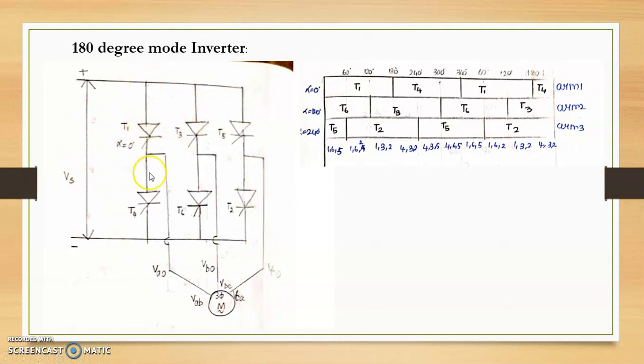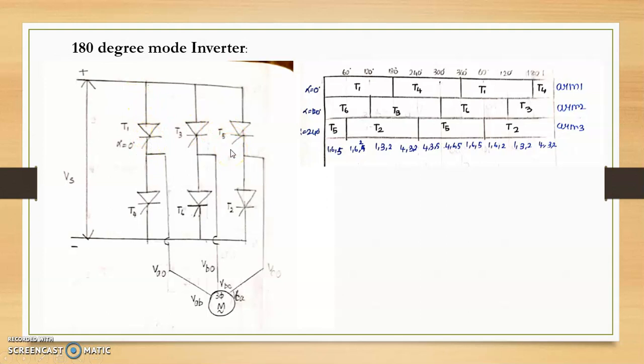we have three arms. This one is arm 1, this one is arm 2, and this one is arm 3. So each arm output is considered as a single phase output. For example, your arm 1 will have two switches T1 and T4, and the connection will generate the voltage which is called VA0 voltage, and the second arm is responsible for VB0 and the third arm is responsible for VC0. And we are already aware that the inverter will be a 6-step